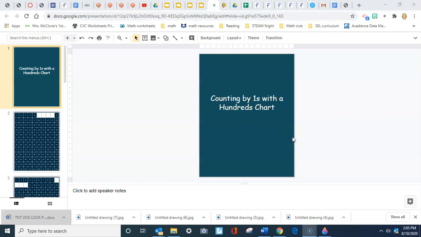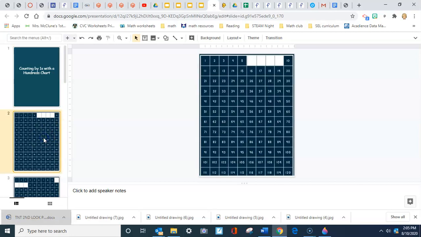All right, friends, today we're going to be working on counting by ones with a hundreds chart. And we're going to use Google Slides today because it's the best way for you to show me when you do your practice exactly what you know. So here I am on our hundreds chart, and you're going to see that I have some white spaces on my hundreds chart. Your job when you get to the hundreds chart is going to be filling in those missing numbers. All you need to do is to click on the box, and then you'll be able to type in